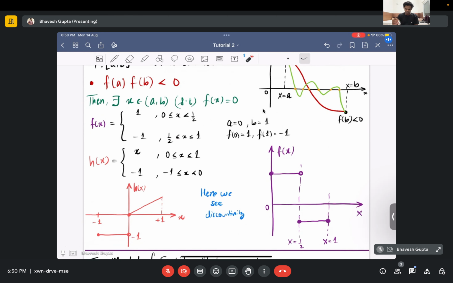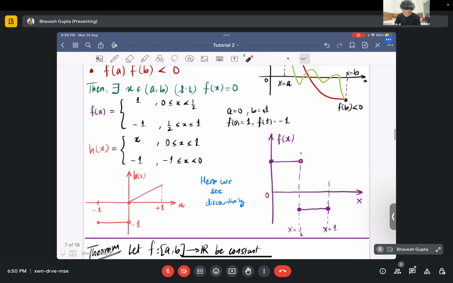Over here we have this function f(x), and here we have the function h(x). And what do we see? For example, in this h(x) case, you can see here there is a boundary value which has a negative value, and over here we have another boundary value which is positive. And if I try to calculate over here, this condition is satisfied,